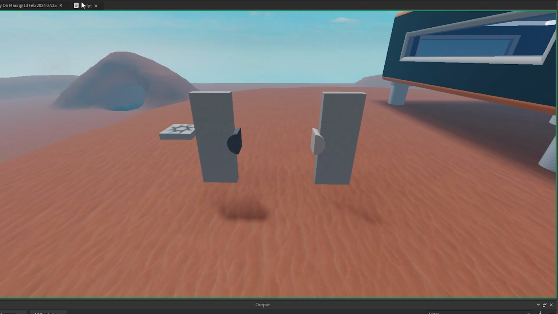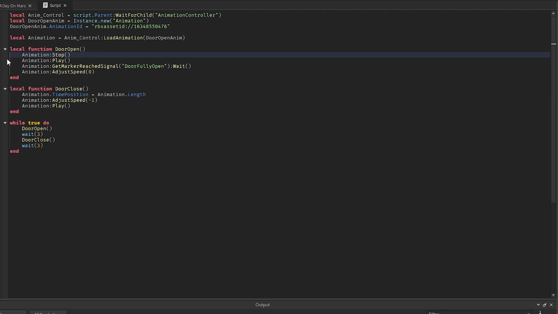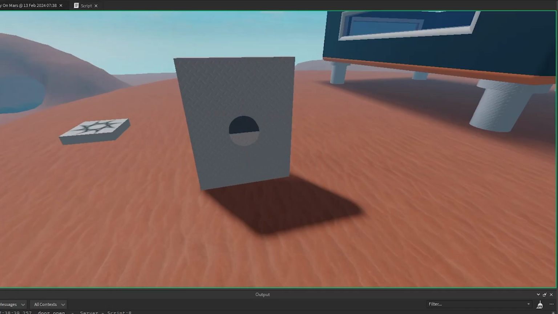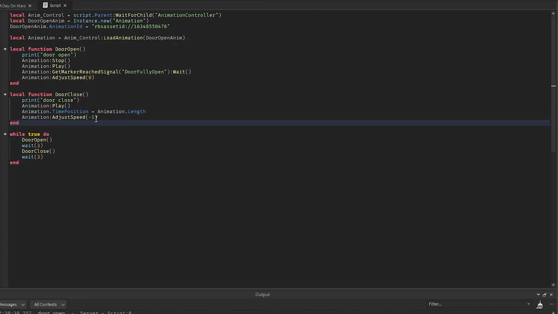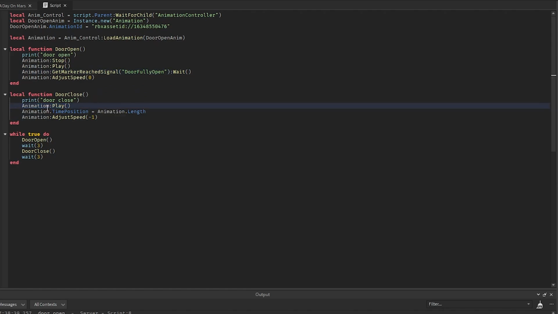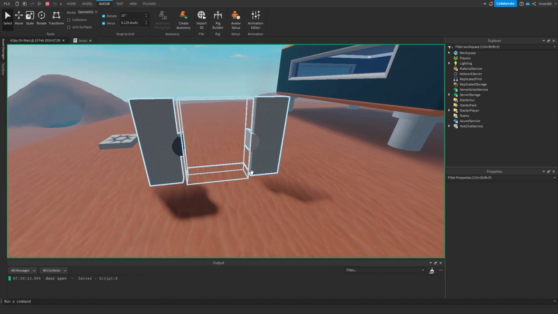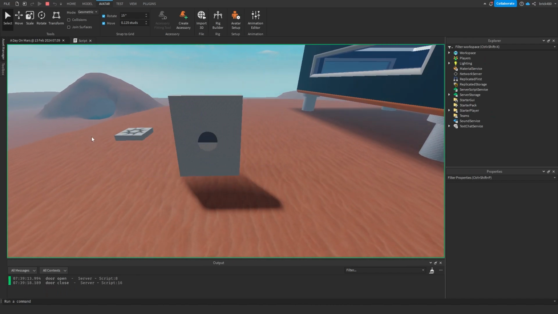Huh. That's weird. Alright, give me just a moment, guys, and I can solve this issue. Alright, guys, figured out the problem. So it wasn't too bad. It was just the animation play had to be before everything happens. When you play, the animation goes to the end, then plays backwards, and there you go. So yeah, that's all just using the same animation, and so it pauses at this specific point, then it will